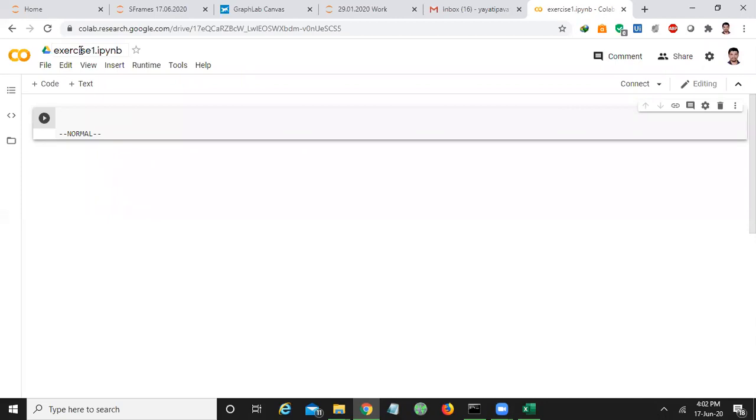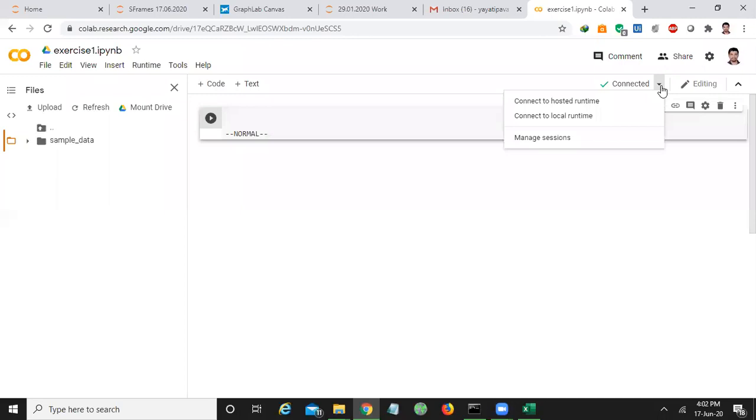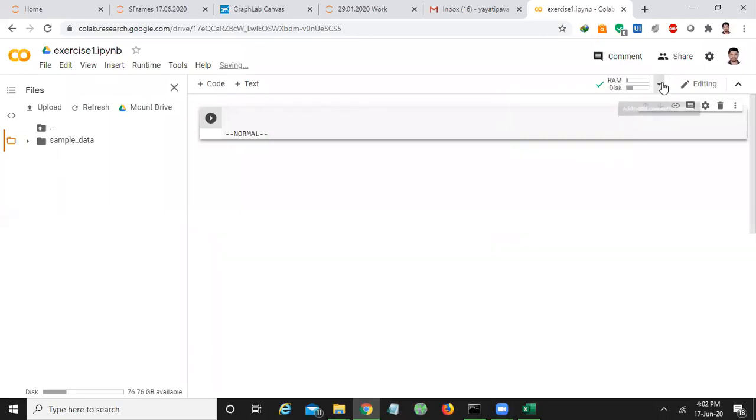So I have given a name to my Google notebook. This is a coding environment. If you want to upload any data sets, there is a folder here. If you click this folder, you will get a message that it is allocating and connecting. It is directly connecting to Python 3, I think.